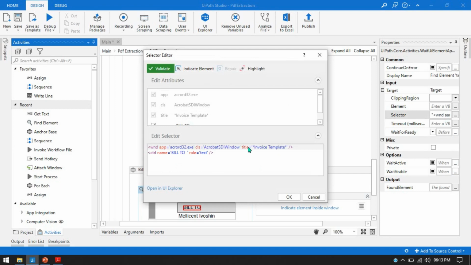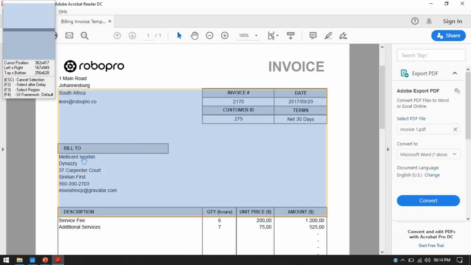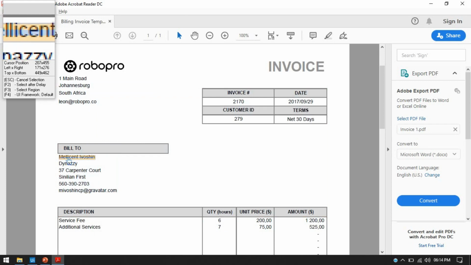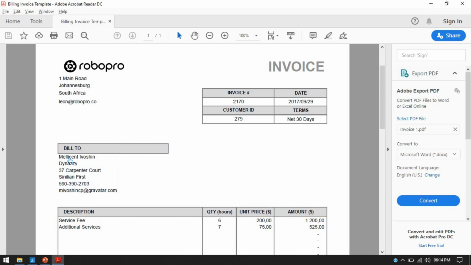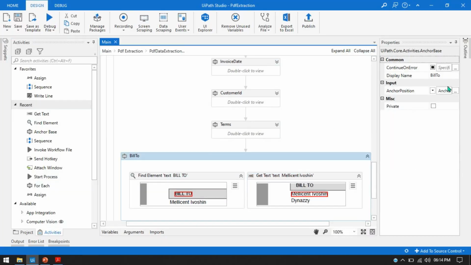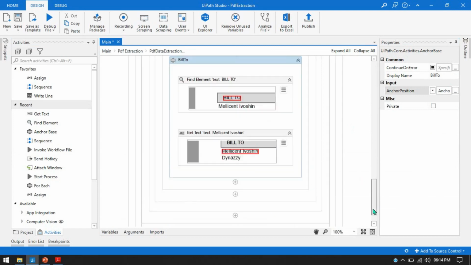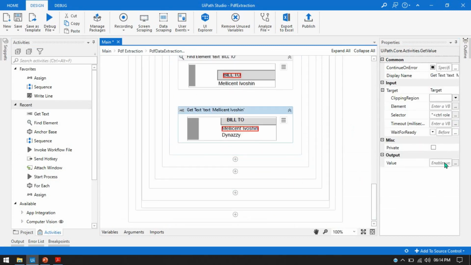Validate this. So once it is green, it means this is valid. Save this, click on this and click on this text, the element which you need to extract. So we need to extract this name. Now save this, click on this bill to the anchor position and change from top, and select the variable name, that is